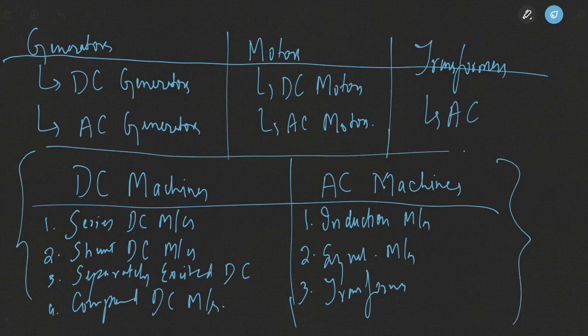course on machines. Fine. As I said to you, it's a two-part course. In the first part, you'll be looking at DC machines and transformers. In the second part, you'll be looking at the induction machines and the synchronous machines. Again, in induction machines, you will have the induction generator and induction motor. You will have the synchronous generator and synchronous motor. So all in all, these different types of machines, you will be looking at the